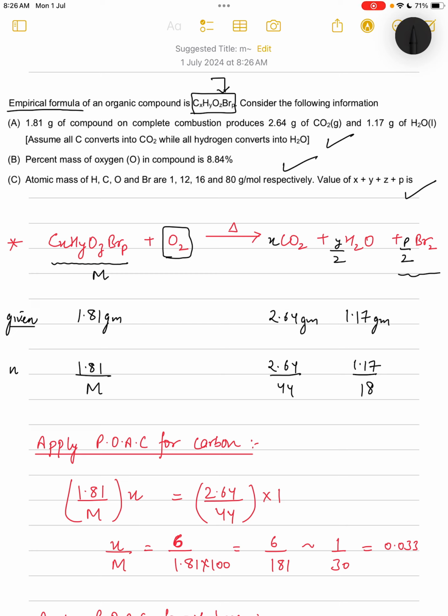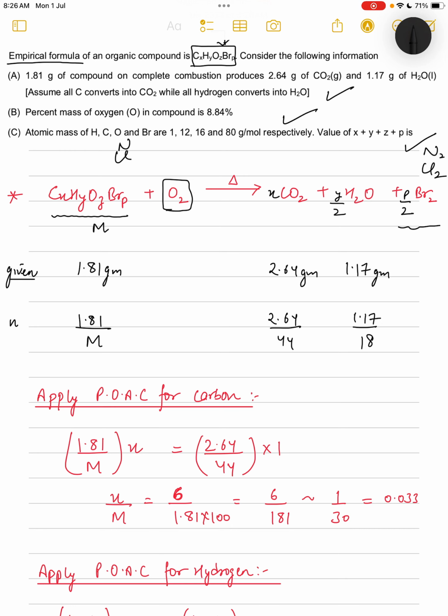So what do we get as a product? Br2. If the organic compound contains Cl, we will obtain Cl2, right? And if the organic compound contains N, nitrogen, we will obtain N2 as the final product, right? So this is the chemical equation. We haven't balanced the oxygen here because it was not required. But if you want to know how to balance the oxygen also, watch one of my lectures where I have taught it. I will share its link.